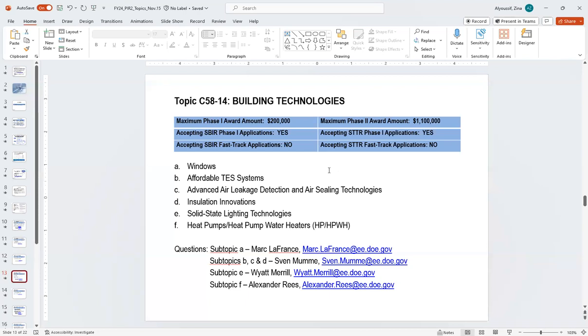This year, BTO's topic consists of the 6 subtopics listed on the slide, and some of the subtopics also include further subtopics. Starting off, we'll start with the Windows topic, which is led by Mark. It has 2 subtopics. The highly insulating Windows subtopic will explore